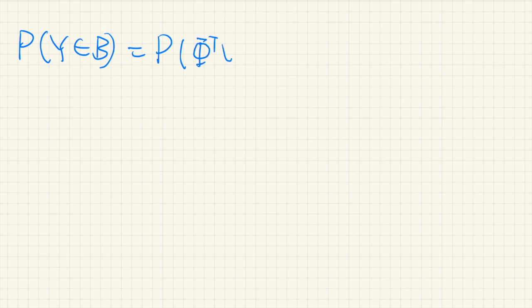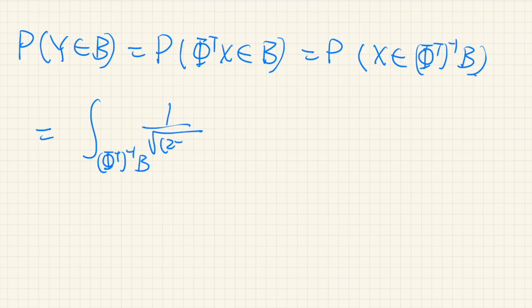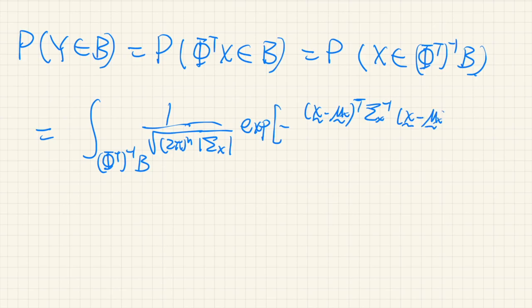Now let's calculate the probability that y resides in some bounded region in the n-dimensional space. So by definition of y, this probability is equal to the probability that phi transpose x is in B. But since we are assuming that this matrix phi is invertible, this linear transformation is a bijection. So this is equal to the probability that x is in the phi transpose inverse of B. And this probability is given by the integral over phi transpose inverse B of 1 over square root of 2 pi to the power of n and the determinant of sigma x, exponential of x minus mu x transpose sigma x inverse x minus mu x over 2,